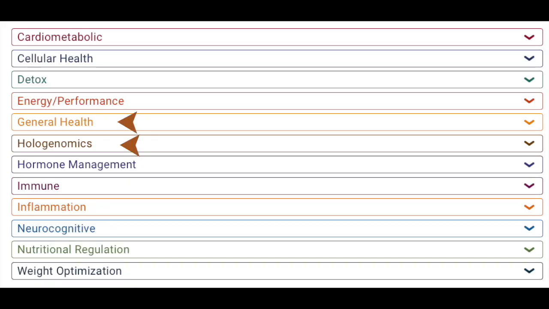MyDNA, we released it, I think, a couple months ago or so, and we've been really using this to personalize protocols for any of your patients. We have done part 1 and 2. This is part 3. We're going to be doing the panels. Each of these DNA test kits, when you take them, they're categorized into panels. And so today, we're going to go through the general health and the hologenomics panel,